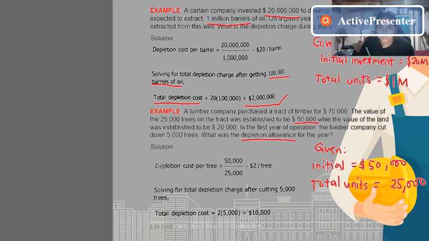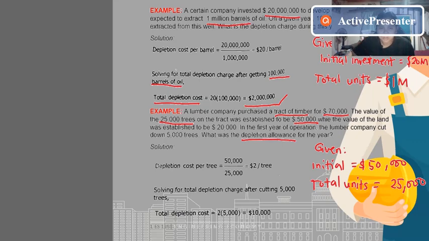So why is this $50,000 used, and not the $70? Because this $70,000 is the tract of timber. Our total units is 25,000 trees. So therefore, what we will use is the